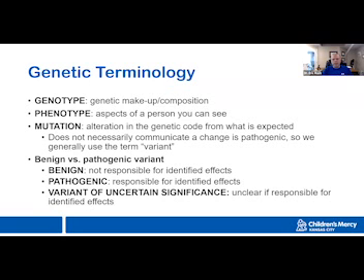Well, but there's also variant of uncertain significance, and some of you in the audience may have been exposed to this information of a variant of uncertain significance, which means that we don't know. And I'll come back to this a couple of times, but this is sort of the dirty little secret, if you will, about genetics: we don't have it all figured out yet. And a lot of you have lived that with yourselves, with your families. Sometimes we'll find changes that we're not 100% sure are disease causing, or we're not even maybe 90% sure are disease causing, or 90% sure are benign. And so we have to call them a variant of uncertain significance, which is sort of a bookmark, if you will, sort of a stay tuned.